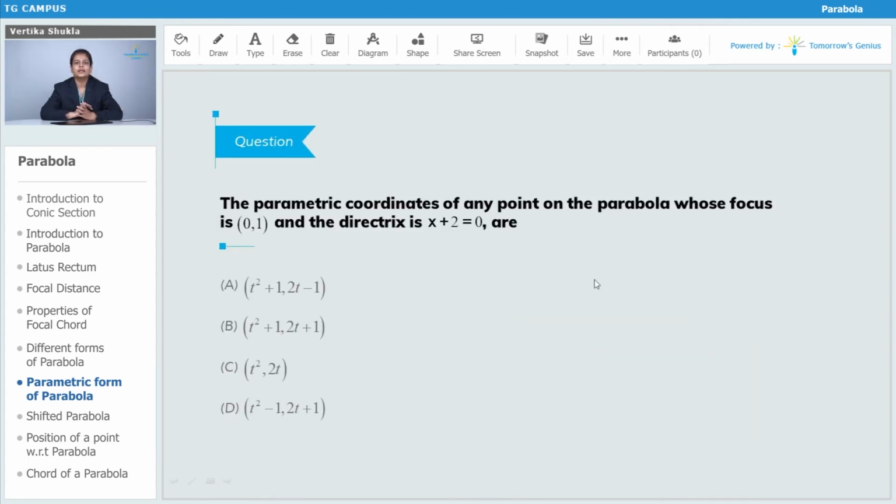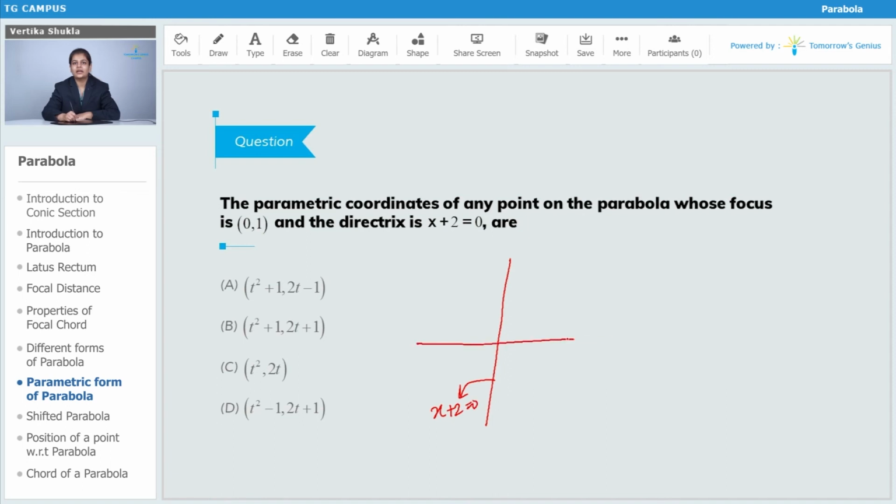The question that we are discussing now says that the parametric coordinates of any point on the parabola whose focus is 0, 1 and directrix is x plus 2 is equal to 0 are. Now two things that are given in this question are the coordinates of the focus and the equation of the directrix. If I draw these two things, suppose this line is your x plus 2 is equal to 0